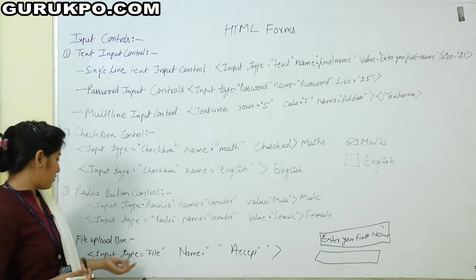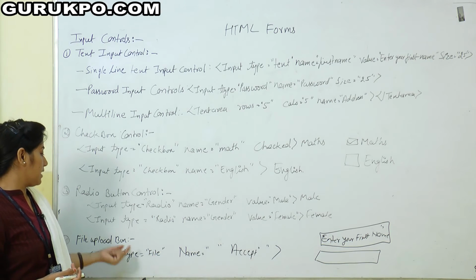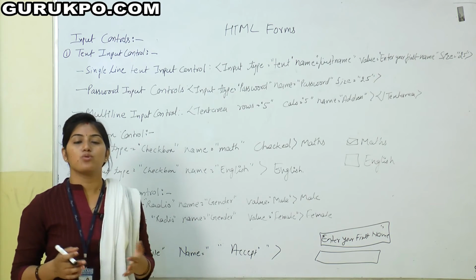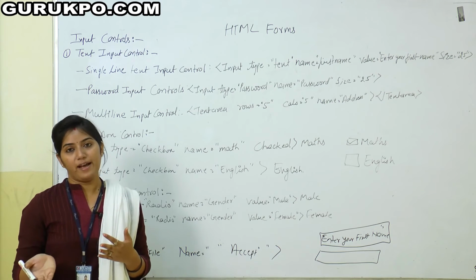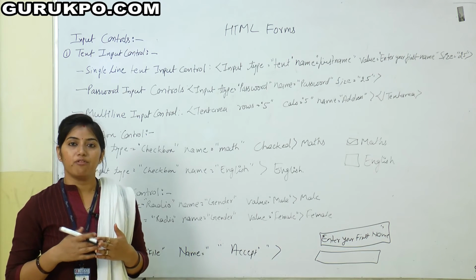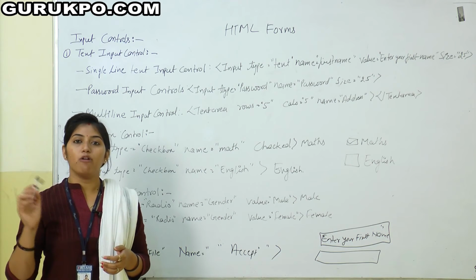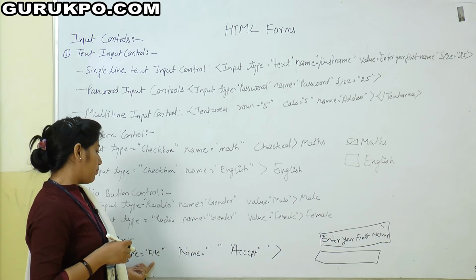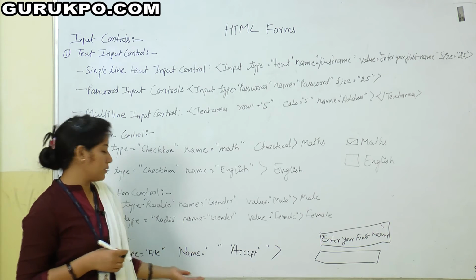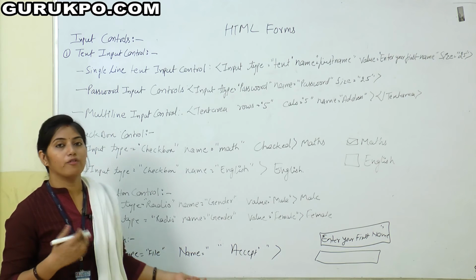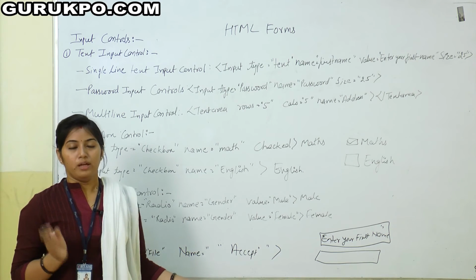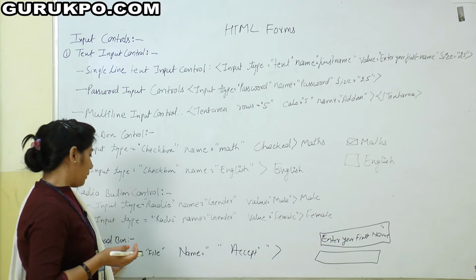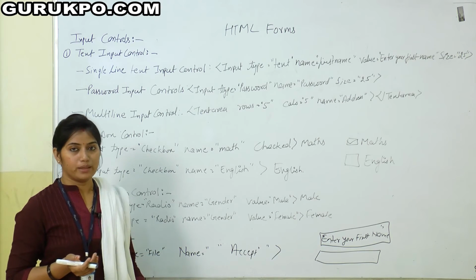So next one is input type file upload box. The file upload box is used to upload different types of files. For example, we can see a browse button for different file formats. It is the input type file which is used to upload our file in our form. If we want to attach some kind of data to our form, then we use the input type file upload button.